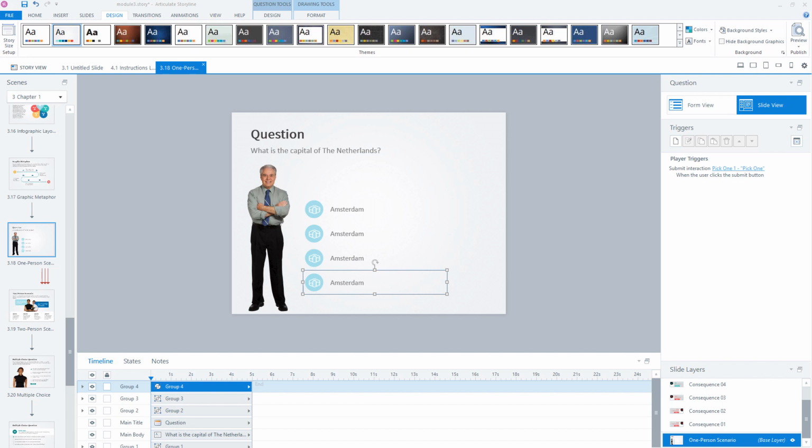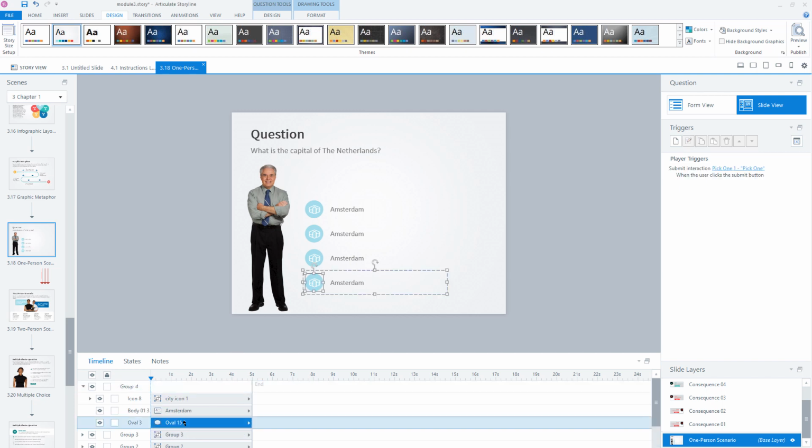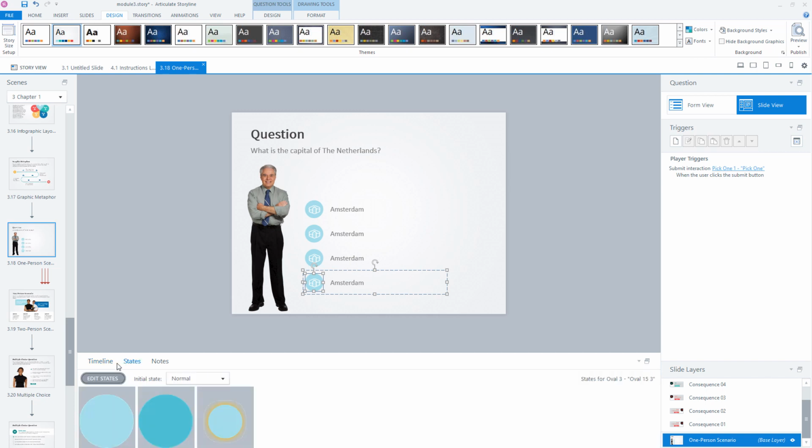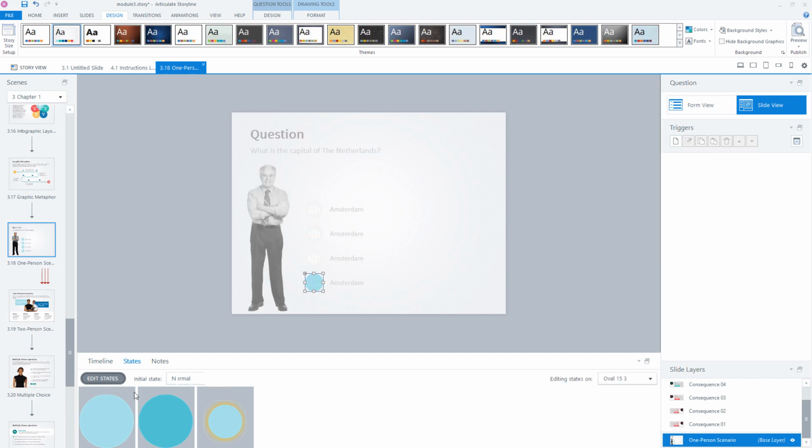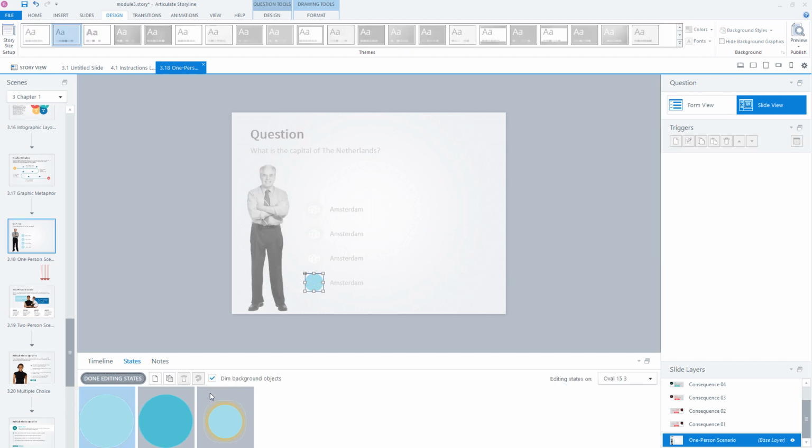You can remove the hover state by selecting an answer option. So if we go here to my answer option, I go to one of the objects in my answer option, I click it, I go to my states panel and I click on edit states. Now here the glow is on a selected state, but let's pretend it is on a hover state. Then you can select the hover state and click the trash can icon and remove the hover state. There's only one drawback for this tip. You have to do this manually for all your answer options in your project.